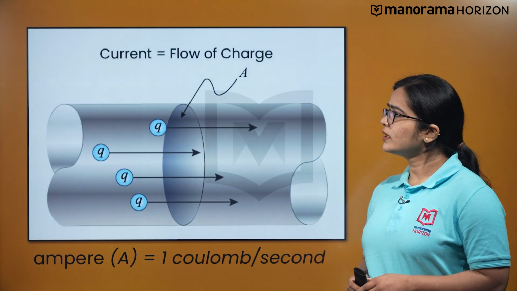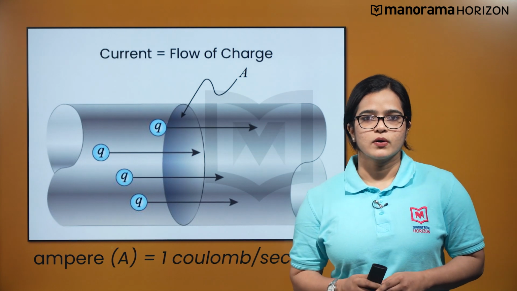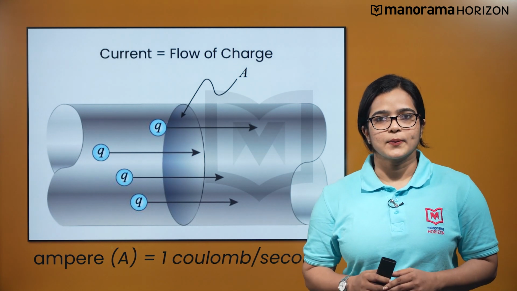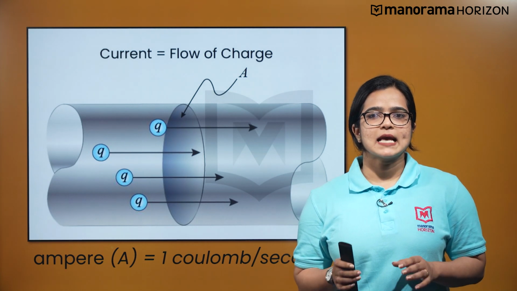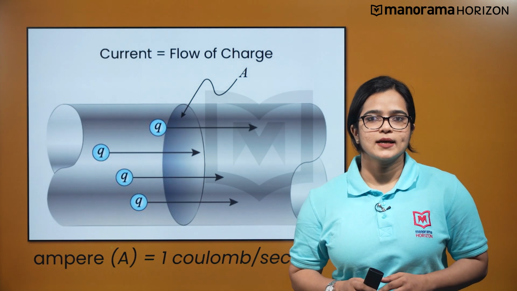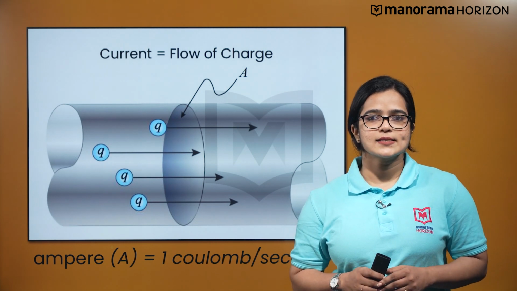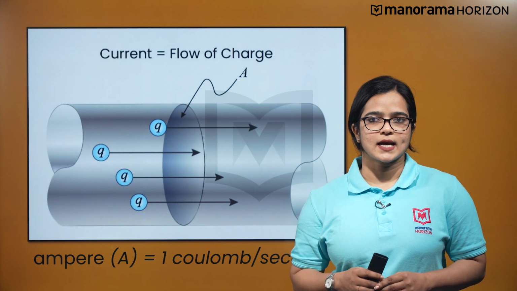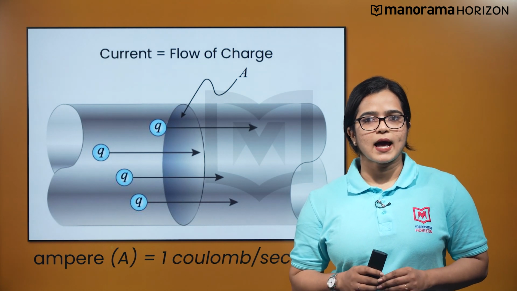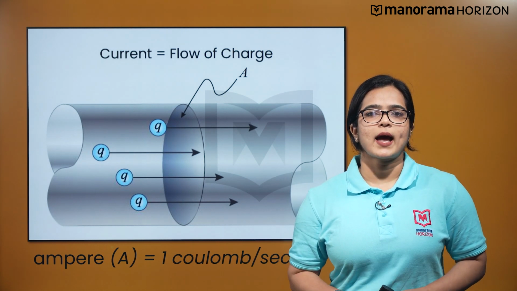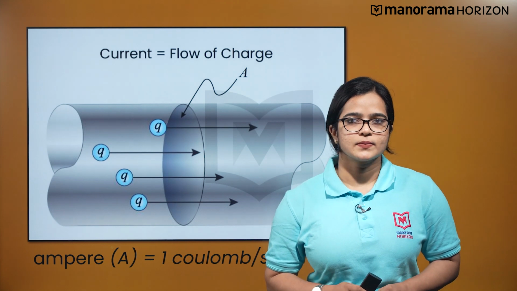The SI unit of current is ampere, which is represented by A. Ampere is one of the SI base units for electric current. It is used in electronic and electrical science as well as other areas of science. The definition of ampere is based on the electromagnetic effect it induces.